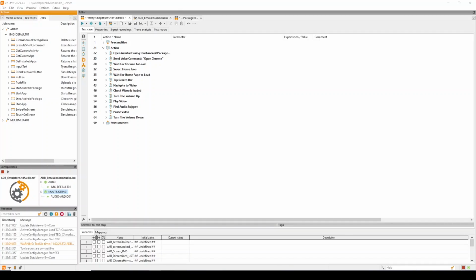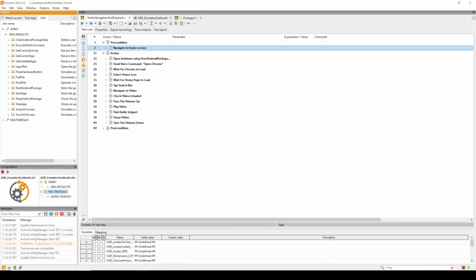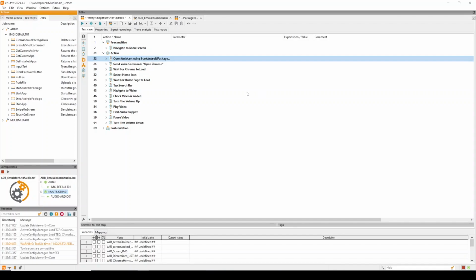Moving over to the editor window, let's take a look at the multimedia demo's high-level block steps. These block steps are used to organize the test case in an easily readable way so that someone viewing a test case can quickly get a basic understanding of the procedure. Step by step, this demo will unlock the device, open Google Assistant using a job,